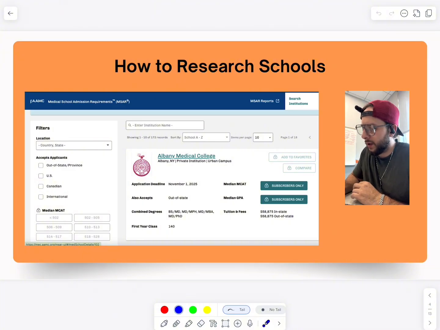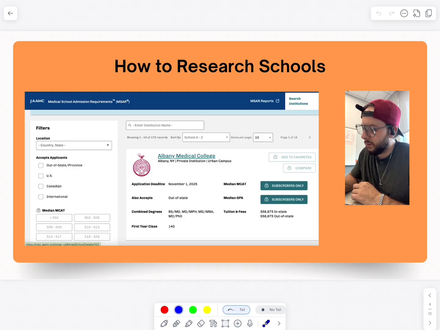You can see what their application deadline is, although that's not really important information because we're going to talk about when you should actually apply to medical school, and it is long before the deadline. We're going to talk about some other things too that are related to information that you find here, but nonetheless, you can see a quick overview of what's going on in these schools. What's the class size? What programs do they offer? Oh, interesting, right? BSMD, that's cool.